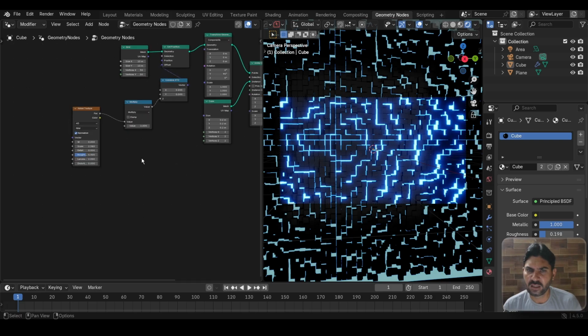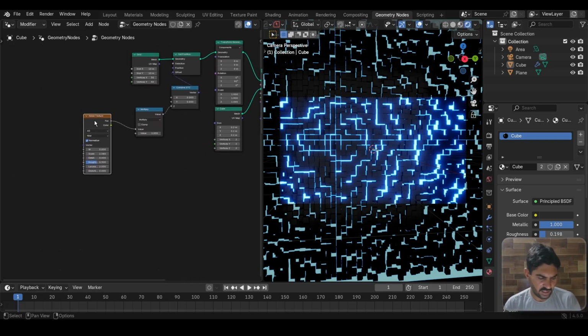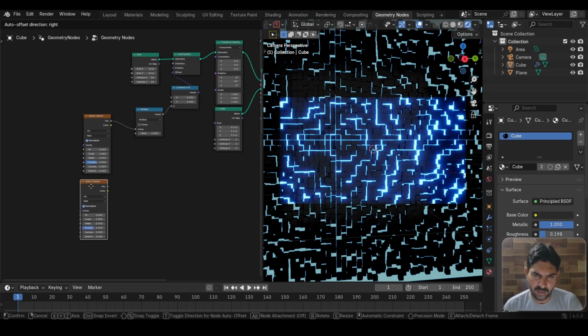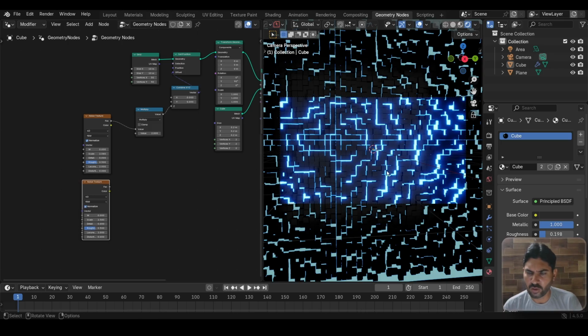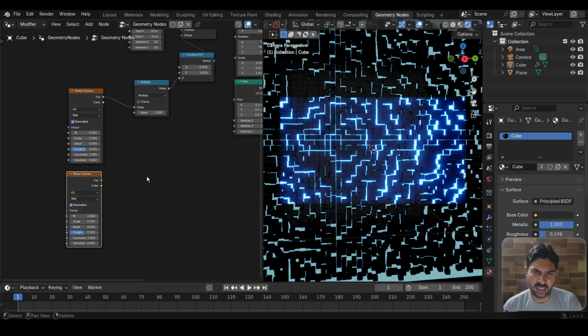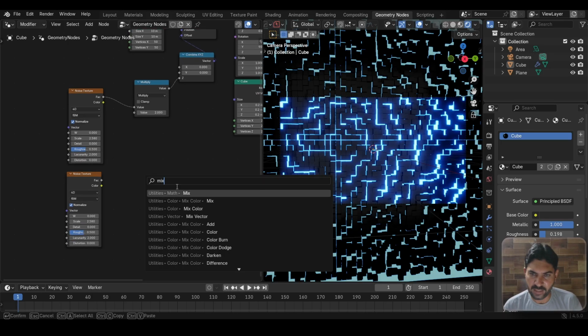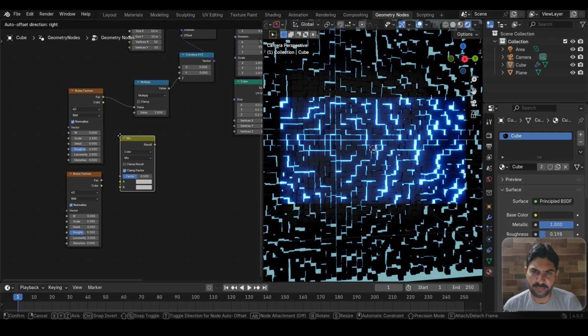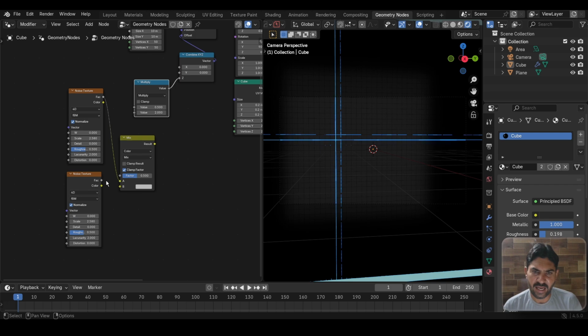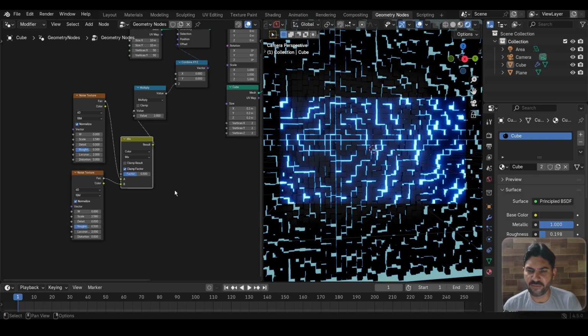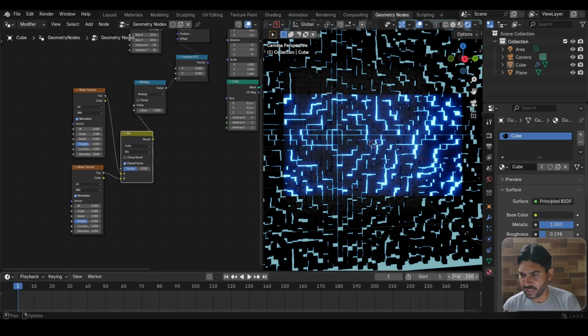So for that, here I select this noise structure and press Shift D to duplicate because I want to loop this animation. And here I search for the mix color node and place it here and connect this vector with the A and this vector with the B and this result with our multiply node. Now we have that. And here in the timeline, I end this at 120 frame and go back to the 0 frame